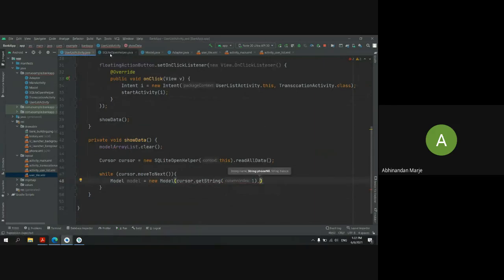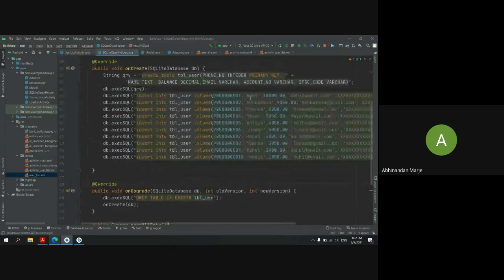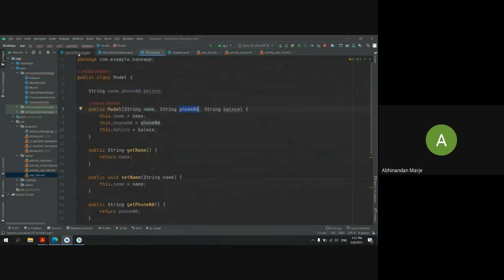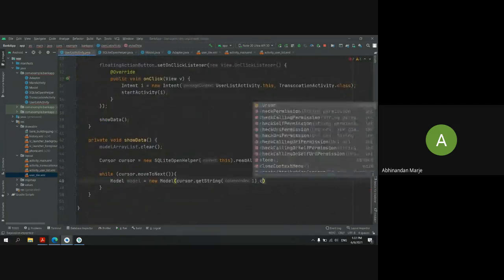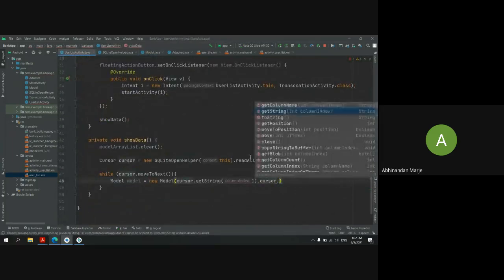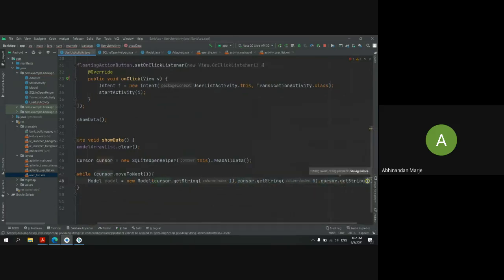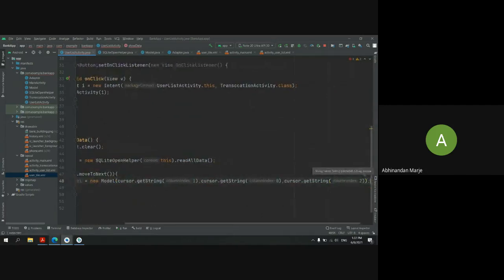In my SQLite database at index 1, we are storing the names. The next thing in my model class is the phone number, cursor dot get string 0, since at the 0th index we are storing our phone numbers. The last will be cursor dot get string 2.